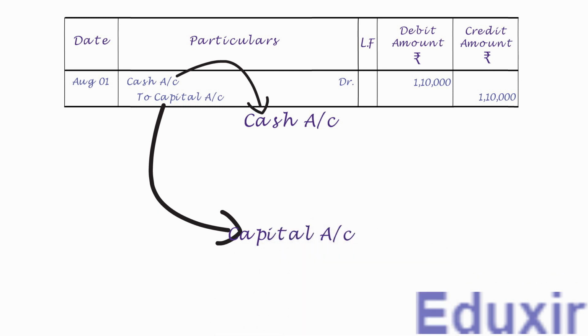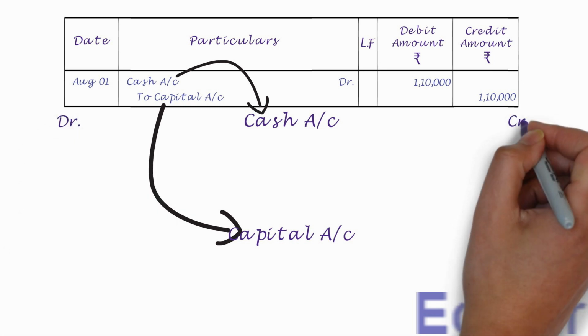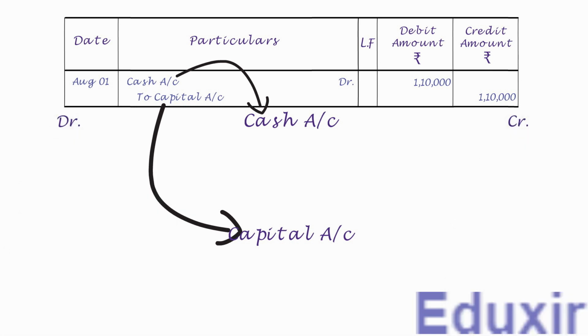This thing is straightforward. Now let us proceed with the posting of the debit entry from the journal on the debit side of the cash account. Let us first draw the table format for the cash account. We already have the name of the account. Let us have DR, CR headers to designate the debit and credit sides respectively.